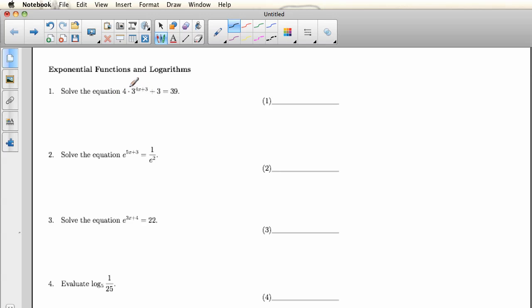The variable is in the exponent. Right? The variable is up in here. So we would consider this an exponential equation. And our strategy for solving an exponential equation is first to isolate the exponential part. So in order to get this thing that I circled to be by itself on both sides, first I need to subtract 3 from both sides,